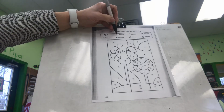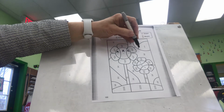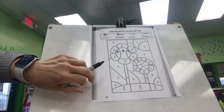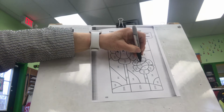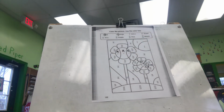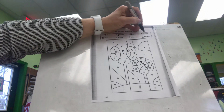Where you see 2 dots, one on top of the other, O's for orange. So we're going to look for 2 dots all the way through. Who sees the number 2? There they are. So I'm going to color those orange. The 2 dots are orange. That's all I see. And then you can go on to 3 dots is Y for yellow,